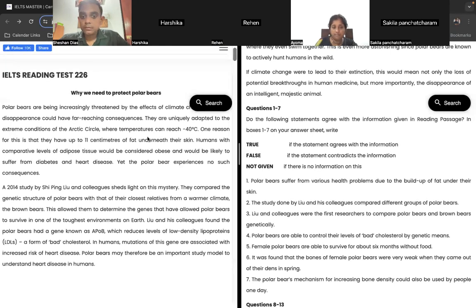Students always mistake false and not given. They can't differentiate false and choose the not given option. So that's what I said. How do we differentiate false and not given? There is information in the paragraph. Now, if you read this statement, the keywords and the information related to this is there in the paragraph. It's just that this and this does not agree. They do not agree with each other, but it's there. If there is nothing related to it, then it's not given. Do you understand?